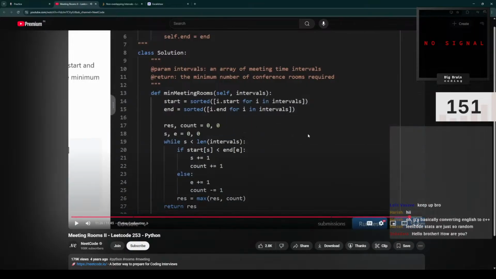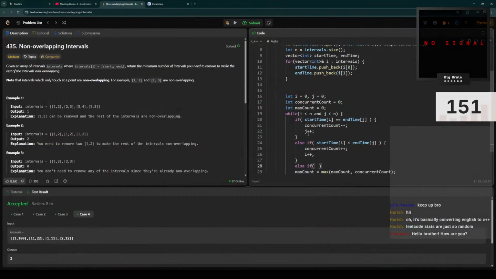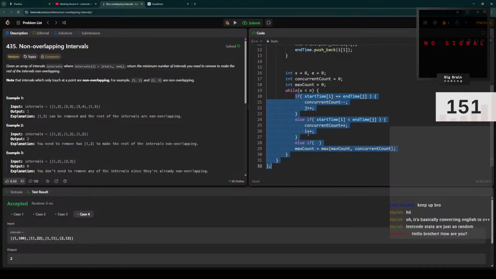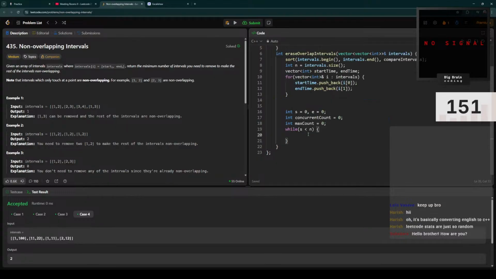Okay, while start is less than this, if start of S is less than end of E, then S plus equals 1. Else, okay, this is easier. If start time of S is less than end time of E,